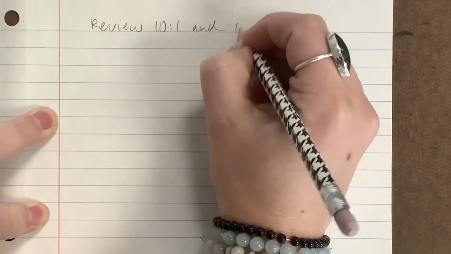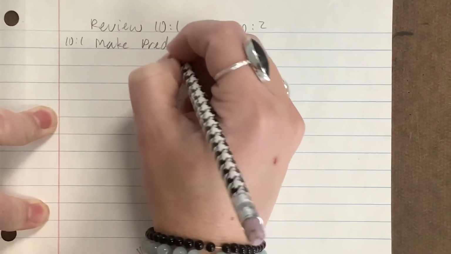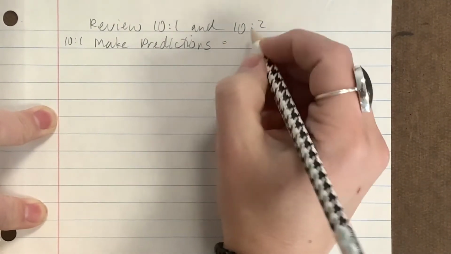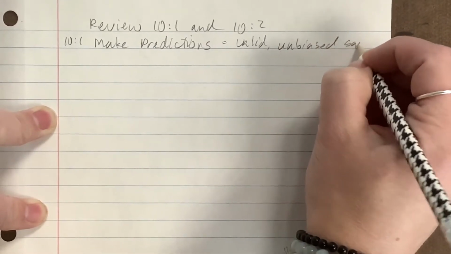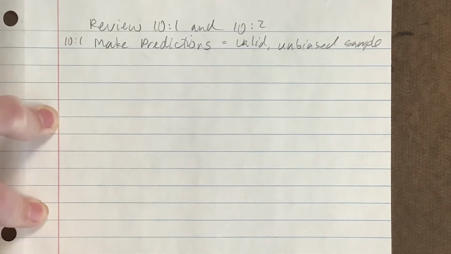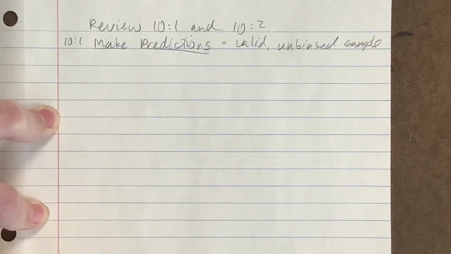We are going to review the first two sections of chapter 10 today. So we're going to review 10:1 and 10:2. Okay, so 10:1 was making predictions. Then what we learned in 10:2 was that in order to make predictions, you need to have a valid, unbiased sample. But we'll review the valid and unbiased in like 5 minutes. So to make predictions, we're going to use our knowledge of proportions and cross multiplying,